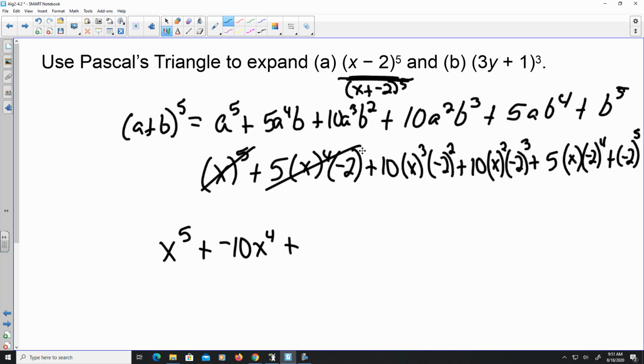This one here will be negative 2 squared. Negative 2 squared is 4. 4 times 10 is 40, so this will be 40x to the 3rd plus,